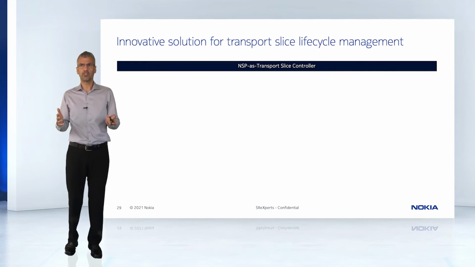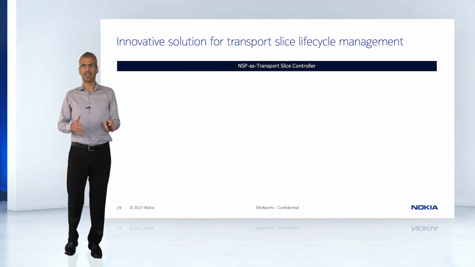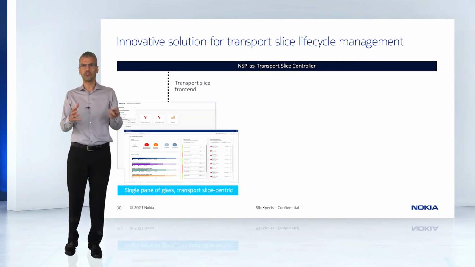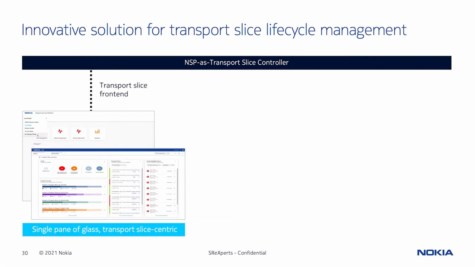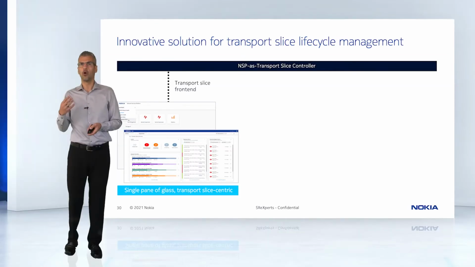So in summary, NSP as a transport slice controller gives you 2 contexts. The transport slice front end, which is a single pane of glass, is transport slice centric. When you go here, you don't see service, you don't see LSP, you see the transport slice that, for example, I created for BMW or for public safety. And it gives you everything that you really need to know, all the services, LSPs, tunnels,